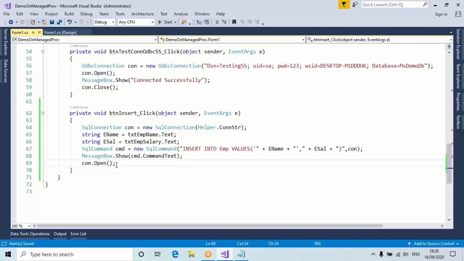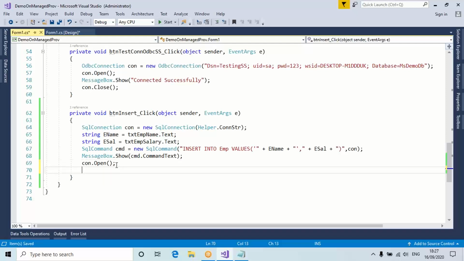Now after opening the connection, you have to execute that query. Which query? That insert into emp query, that query you have to execute. Not only insert, actually your answer is for 3 queries: insert, update, delete. So whenever you want to execute all these 3 queries,